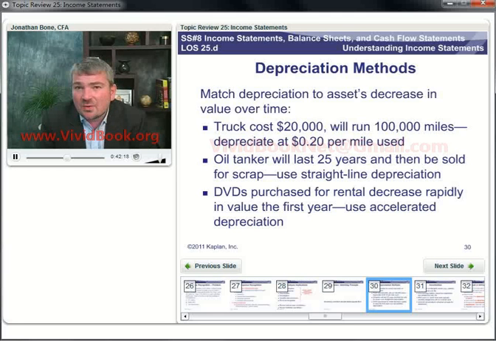You've got an oil tanker that will last for 25 years and then be sold for scrap. And we're going to use straight line depreciation. So we just take the cost minus its scrap value over 25, its estimated useful life, and that gives us our depreciation expense. DVDs. DVDs purchased for rental, well of course they're going to decrease in value very rapidly in